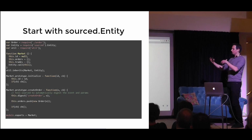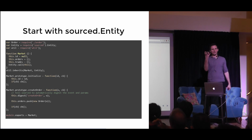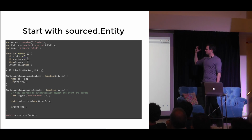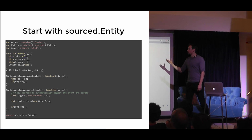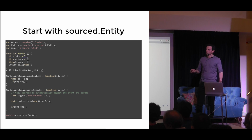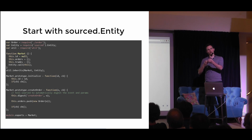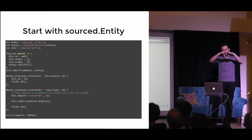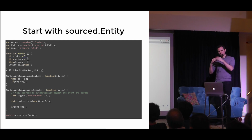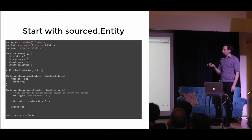Okay, so what does it look like to event source? We have this idea of an entity. An entity is the thing that you're capturing. In our case, it's this market. The market has an ID, which is going to be the bond that it represents. It has orders in there. It has trades, right? And that was my definition from earlier. Market has orders. When two orders cross, they form trades. So the market is kind of like the thing that manages these other things, and it controls the interaction behavior between them. I simply inherit from an entity,